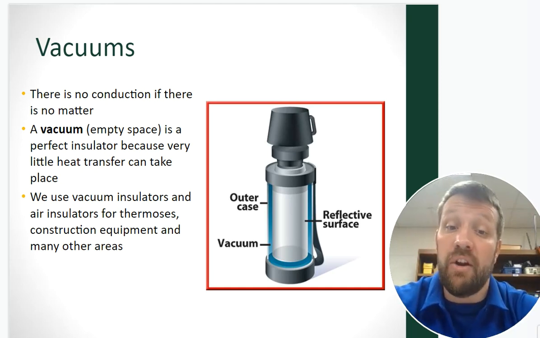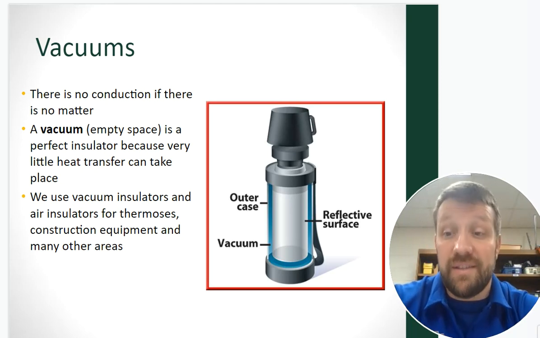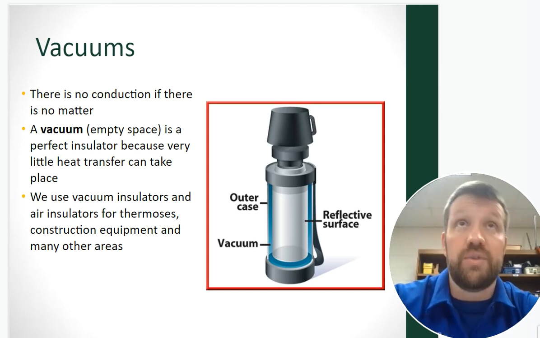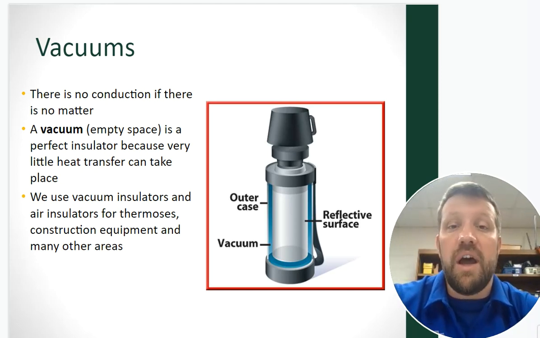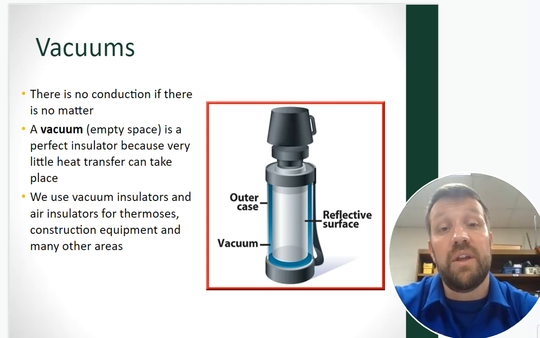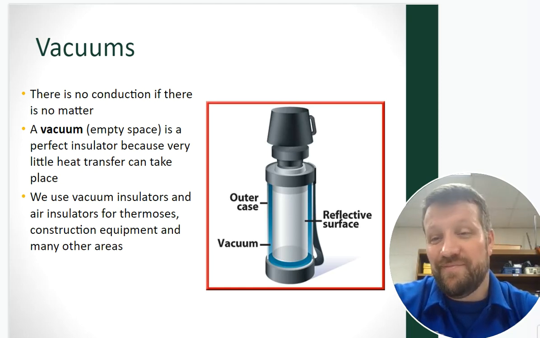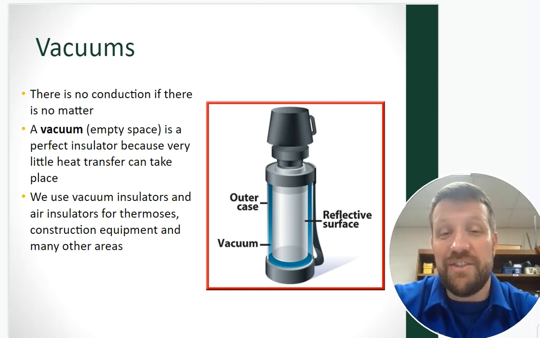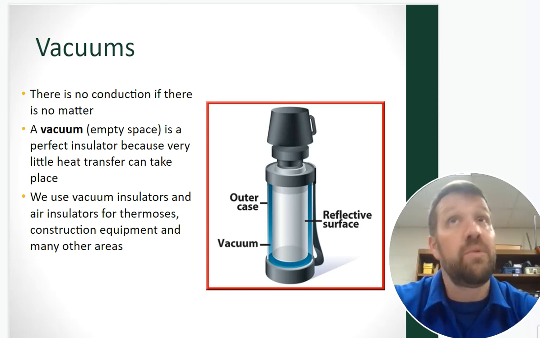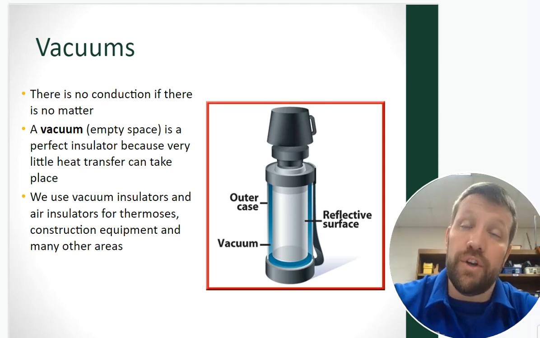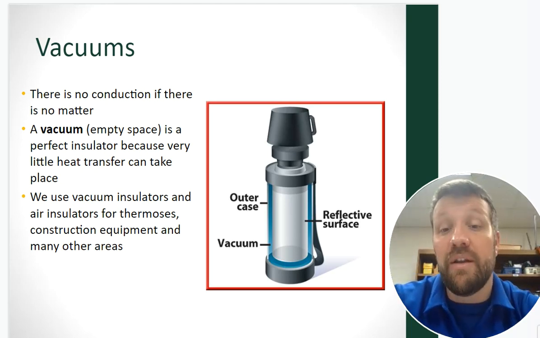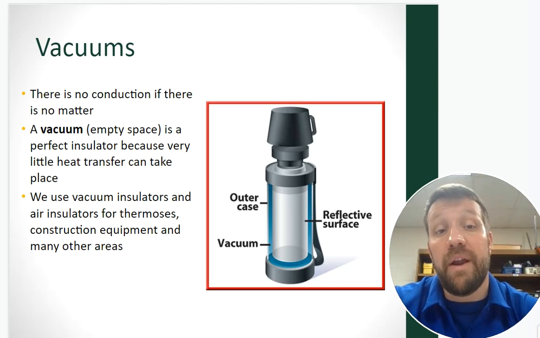A vacuum refers to an area where there is empty space. So even in the air around you right now, the reason you might feel hot or cold, even though cold doesn't really exist, is because your body temperature in comparison to the thermal energy in the air around you is different. And so less thermal energy in the air around you makes the air around you seem colder. It's still warm because there's still thermal energy there, but it will seem colder in comparison to everything else that